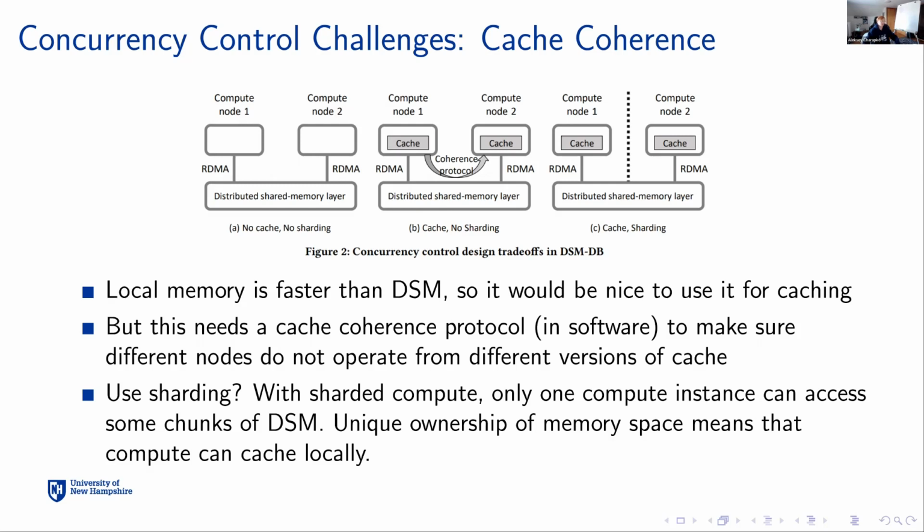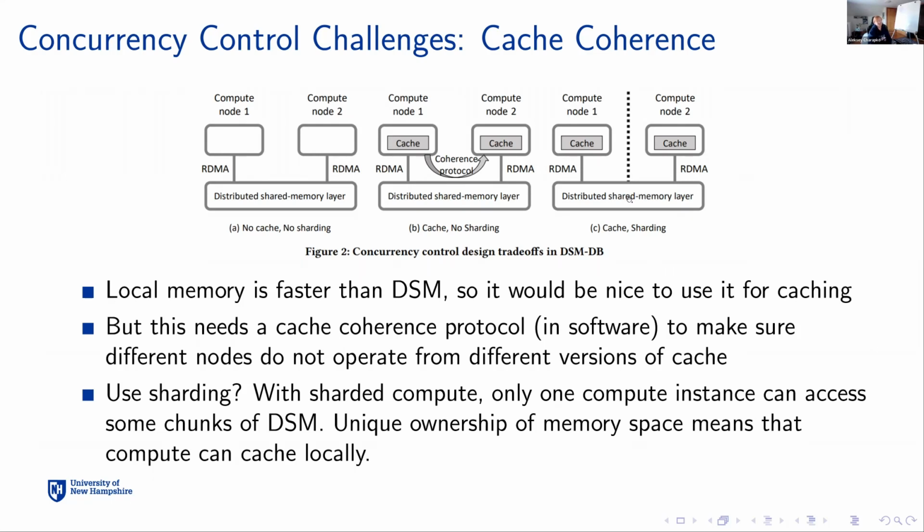So one solution that they suggest is, okay, don't use the cache, don't use the local memory, just go for no cache, no sharding, just always work with the remote memory. The second solution is that we need to build a cache coherence solution of some sort, and they kind of hint at some issues of how you manage that and whatnot. The third solution,